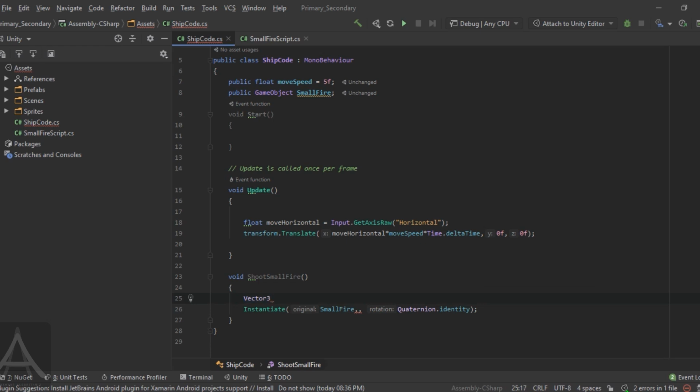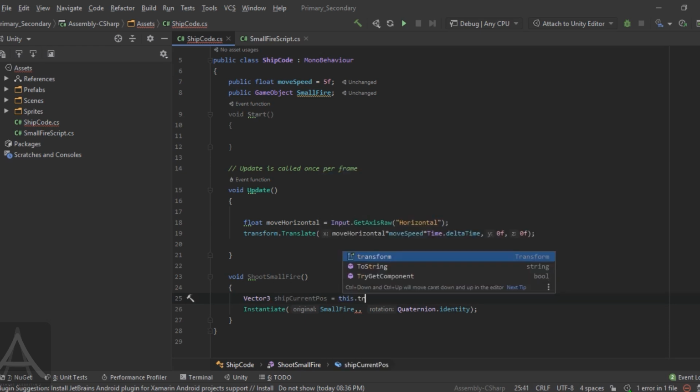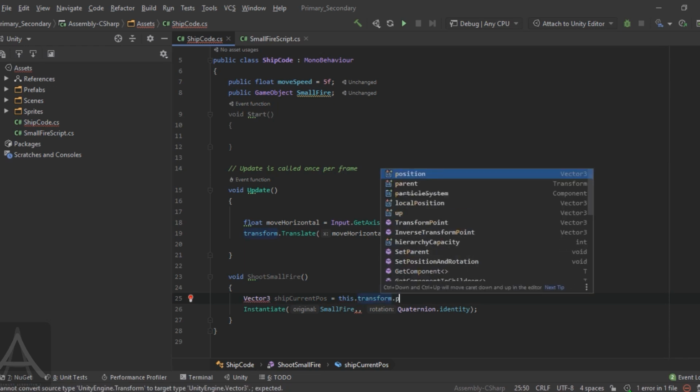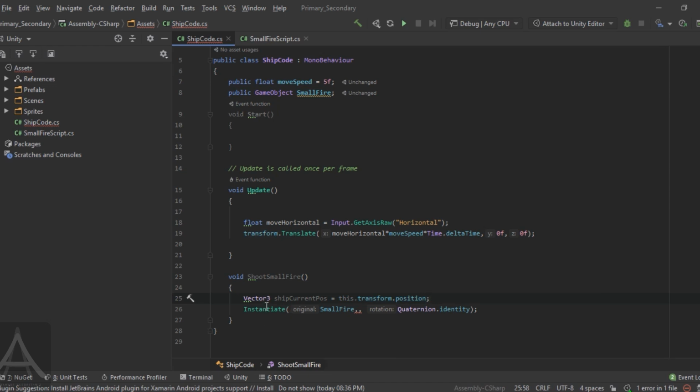Vector3 shipCurrentPosition is equal to this.transform, because this script is attached to the spaceship itself, so this.transform.position. So before this is instantiated, we will record where our ship position is, then we will pass in the current